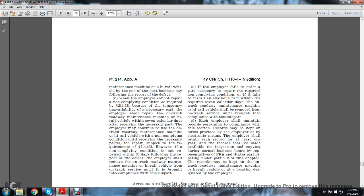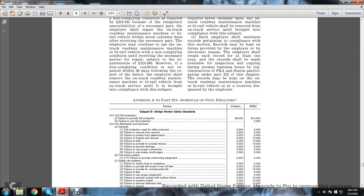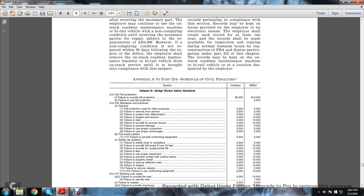D. Each employer shall maintain records demonstrating compliance with this section. Records may be kept in forms provided by the employer or by electronic means. The employer shall retain each record for at least 1 year. The records shall be made available for inspection and copying during normal business hours to representatives of the FRA or state participating under Part 212 of this chapter. The records may be kept on the on-track roadway maintenance machine, high rail vehicle, or at a location designated by the employer. Appendix A is a schedule of civil penalties,